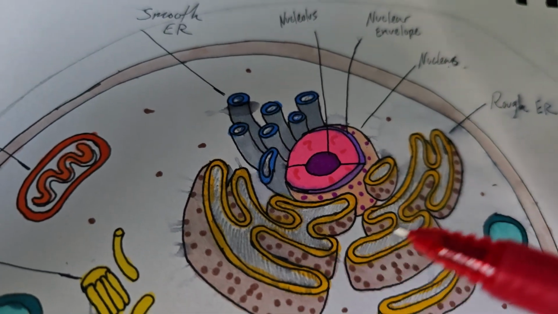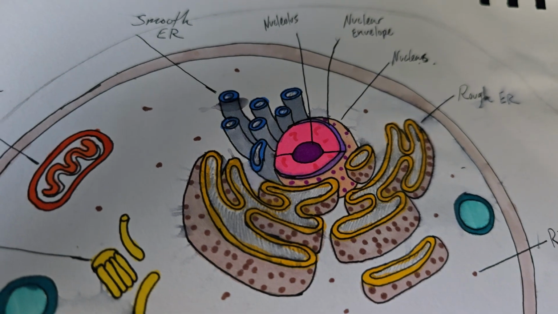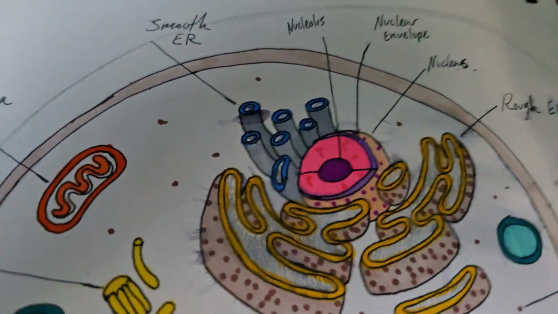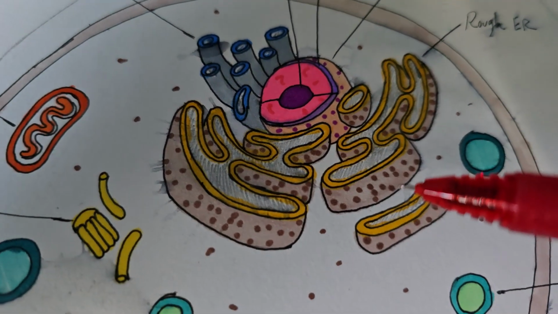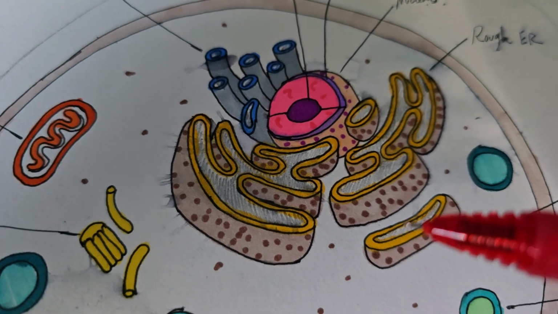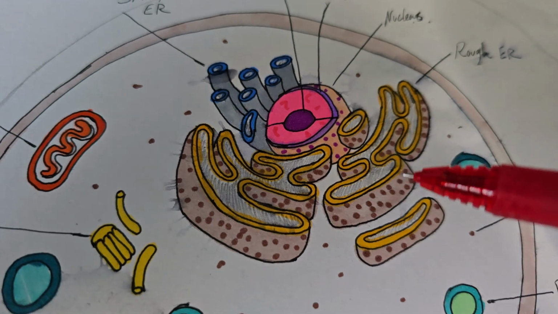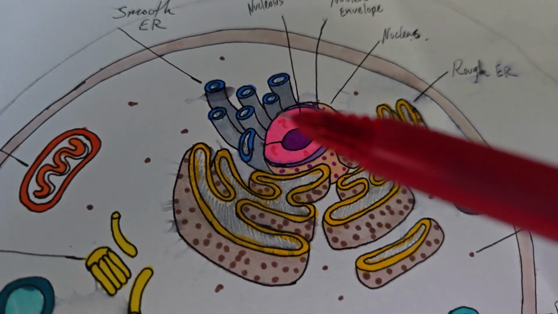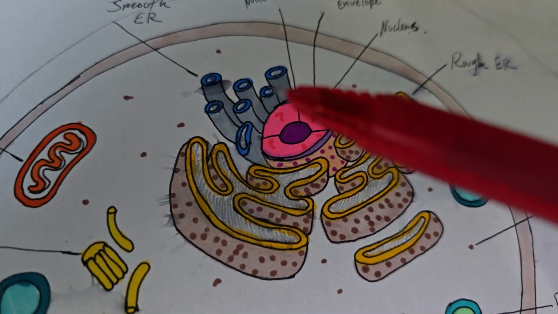And then surrounding the nucleus, we have the endoplasmic reticulum, which is divided into two different segments, the smooth ER and the rough ER. The rough ER is responsible for protein and peptide synthesis, and this whole segment contains ribosomes. The smooth ER does not have ribosomes, but it does